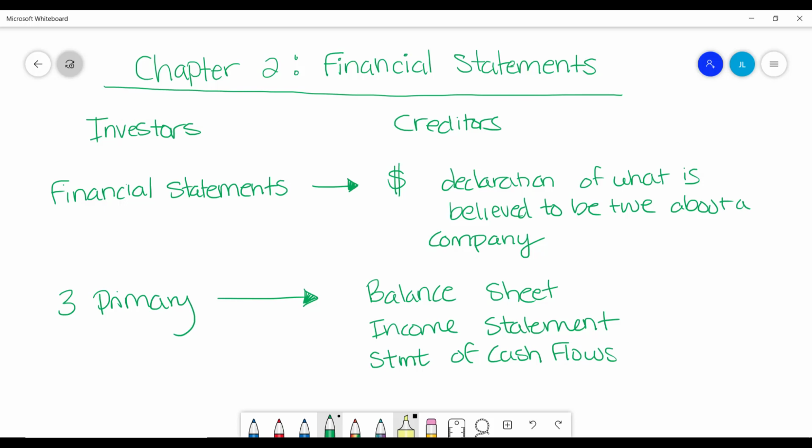Okay, so for our purposes, when we are working through these chapters, for the most part, we're assuming that we're looking at a corporate form of ownership, looking at a corporation. Okay, when we work through the accounting cycle later on, that applies in general, but just know when we are working through these problems, we're assuming that we're looking at corporations, not necessarily a private business, unless otherwise stated.